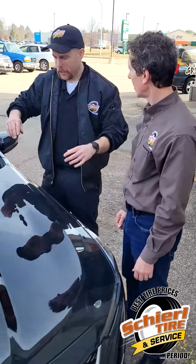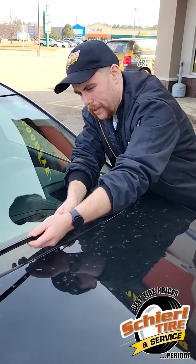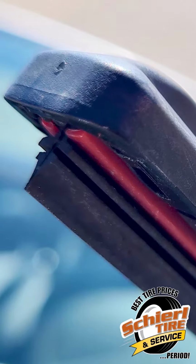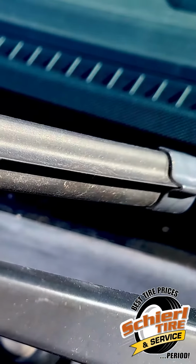Yes, certainly. A lot of times what makes a good blade is the structure of the rubber right here. It's a little bit hard to see, but we want that little fringe underneath, right? Yes, sir. Little fringe right underneath that little piece of rubber. And also, I like to take a look at the structure here because a lot of times this is called